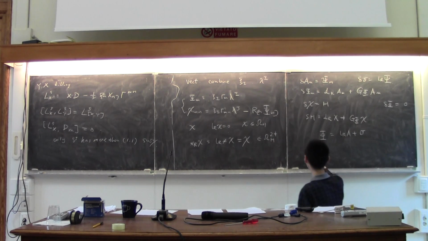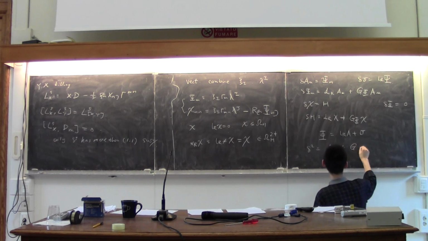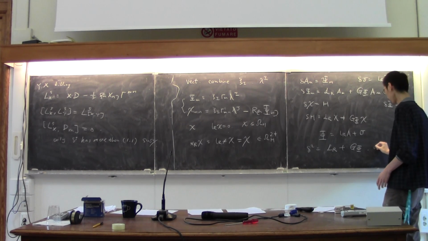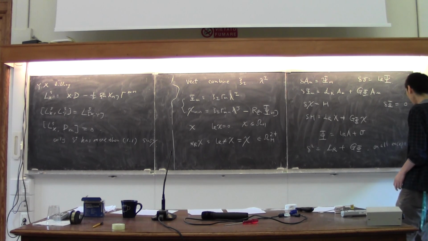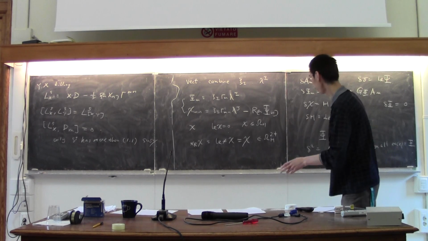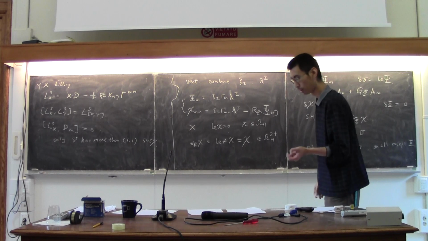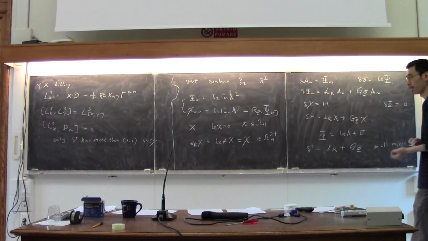And also you can check that delta squared is always equal to translation plus H transformation on all of the fields except phi, while on phi, this goes to 0. I'll come back to comment on what to do with this later. But the moral of the story is the same. We have now managed to rearrange our fields into the pattern from earlier, that is, delta x equal to psi and delta psi equal to a vector field.